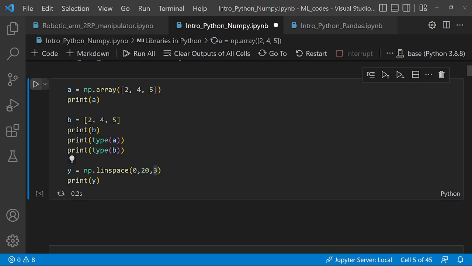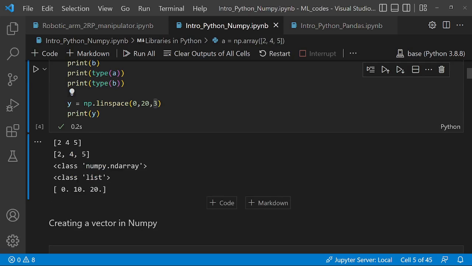So if I run this now, Python will evaluate what the 3 elements should be. In this case, it's saying 0, 10, and 20. 0 will be the first value, 20 will be the last, and I'm saying I just want 3 elements in between from 0 to 20, which means it's only going to put in just one number more to make up that 3 elements. If I change this to 4 and I run this line again,